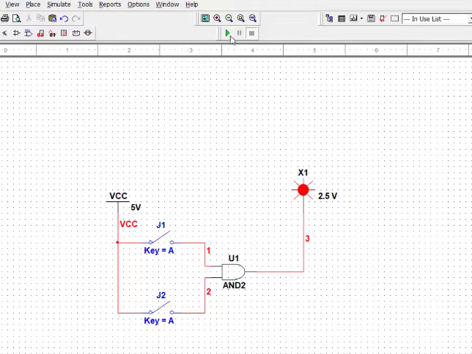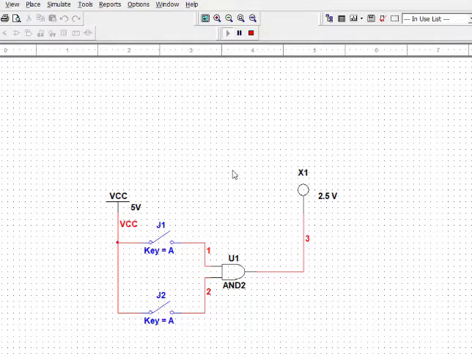Now we run the application, run this particular gate. We just need to study the working of the gate. So 0 0 is 0, then 0 1 is also 0, 1 0 is also 0, and 1 1 is 1. So this is how the AND gate works. 1 1 is 1 and rest all are 0. Okay, so this was the working of the AND gate.